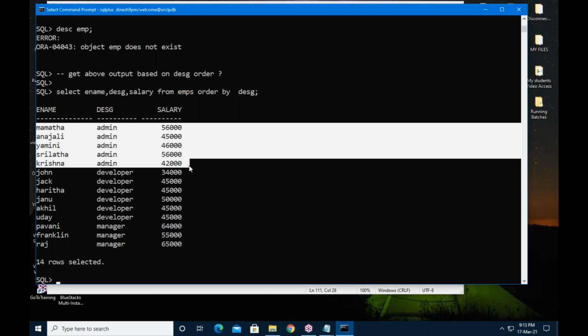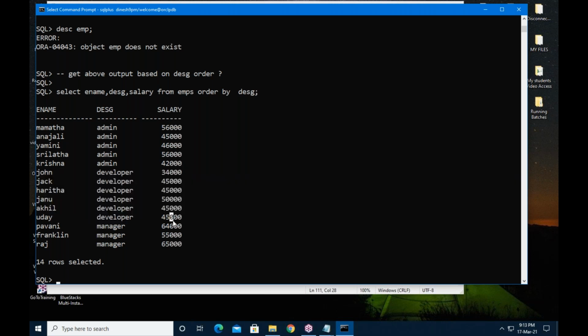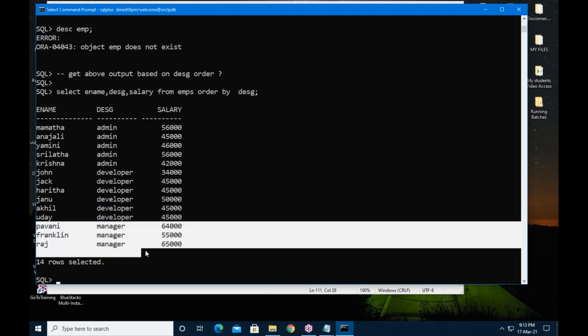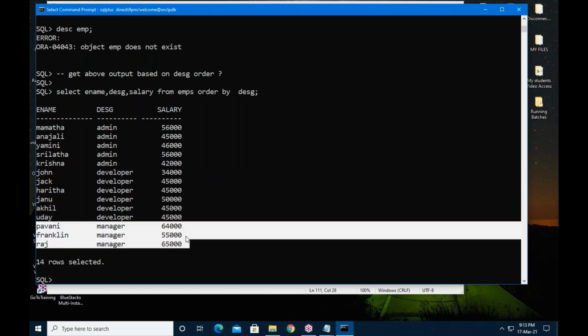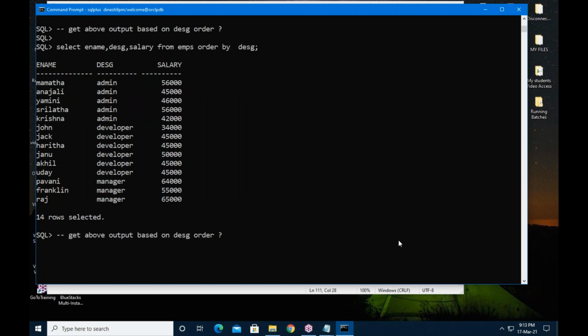Similarly, under developer category, and under manager category, least salaried to highest salaried. So I need the same output.